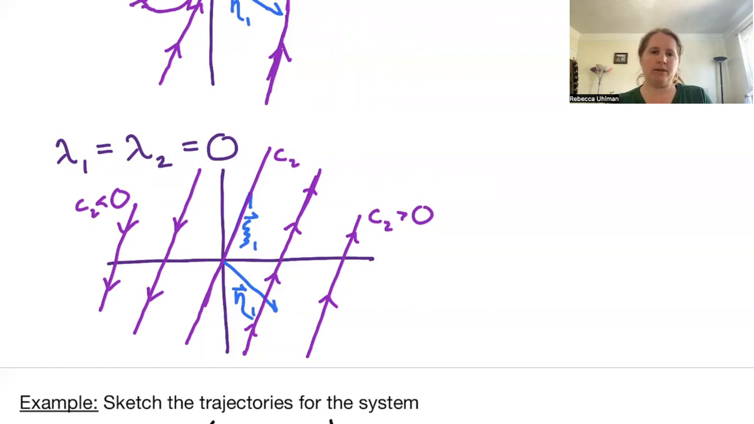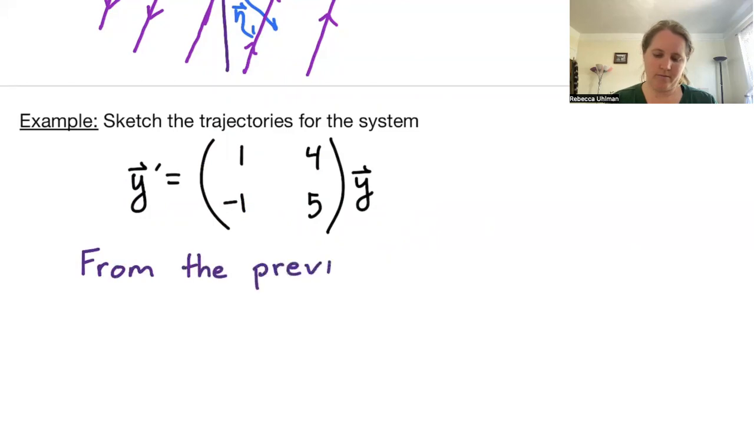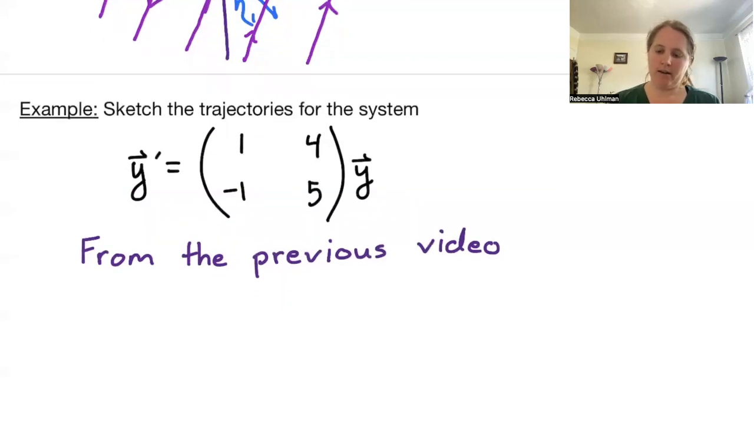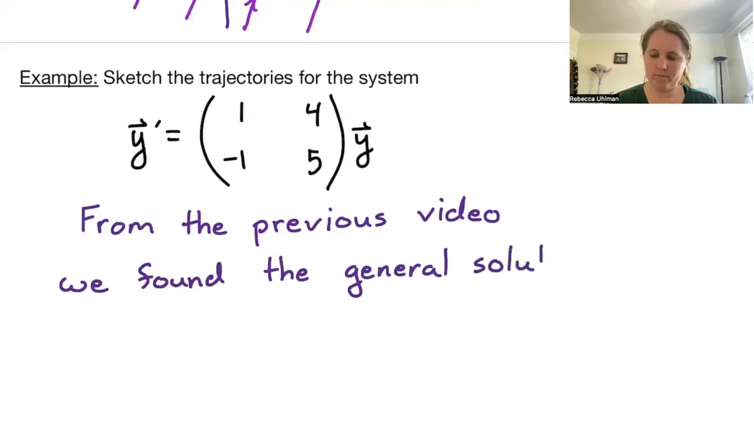Last up, let's go ahead and do an example. This is from the previous video. From the previous video, we looked at the system y prime equals the matrix with first row 1, 4, second row -1, 5, multiplying y. And we found the general solution to be